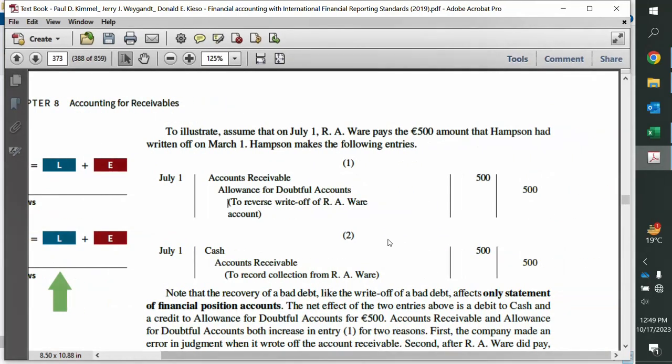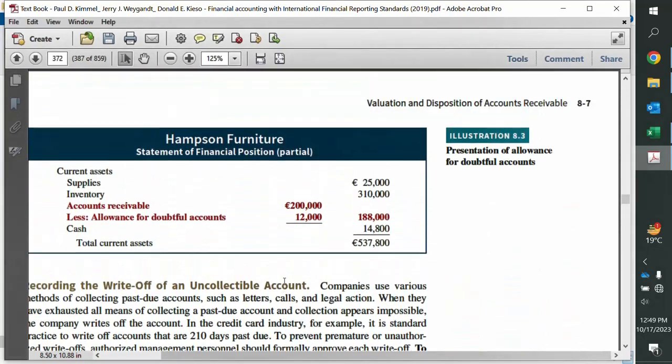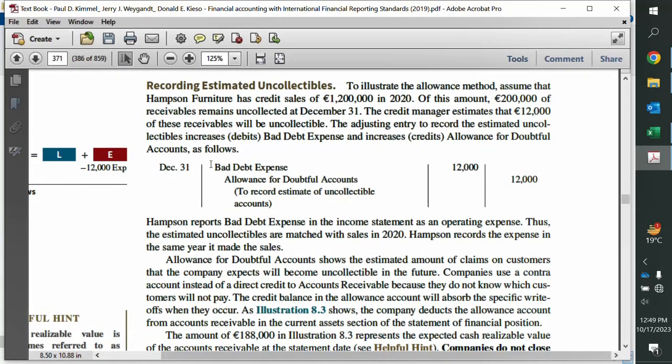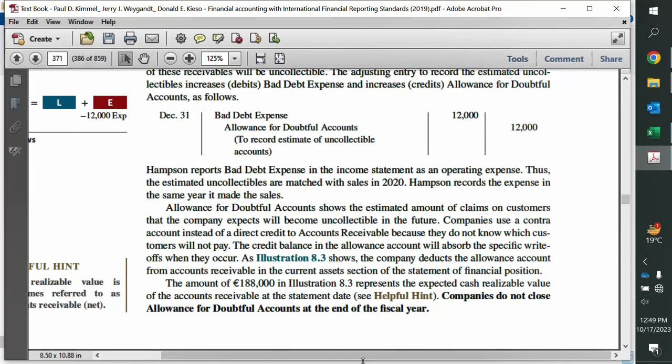So this is the allowance method that we actually use under corporate accounting, under the IFRS principles. So here is a recap of all the entries under the allowance method. First of all, the estimate towards the end of the period: bad debt expense debit, allowance for bad debt credit. How do we determine this amount? This is something we are going to cover in the next lecture, in the next video. Then the next entry is when an actual customer defaults.